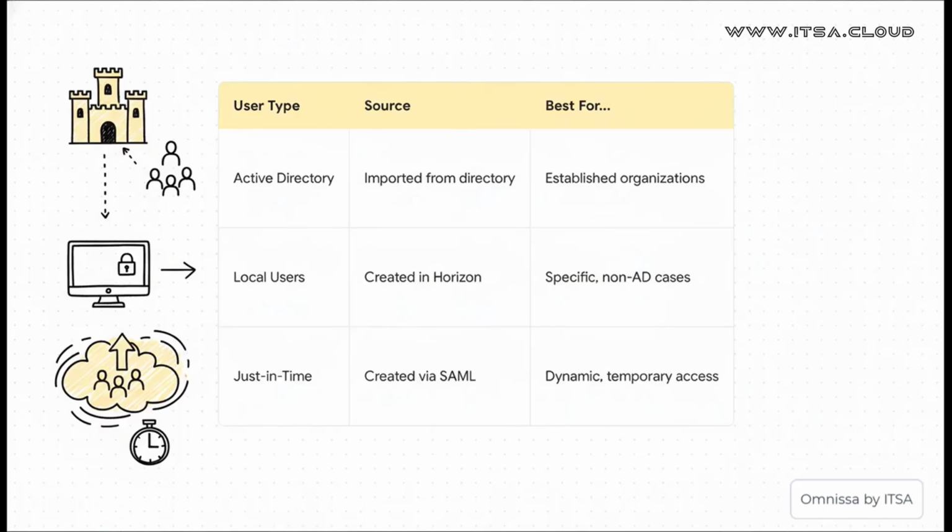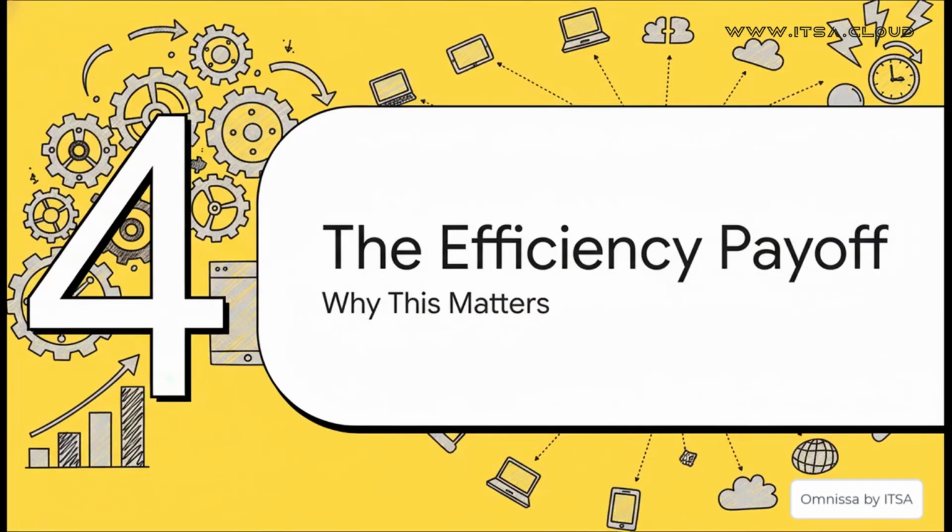All right, so we've been deep in the weeds with keys and IDs and all that tech stuff. But let's zoom out for a second. Why are we going through all this trouble? The answer is actually pretty simple. It's all about efficiency. This system isn't just about having control. It's about making that control incredibly efficient, especially at a massive scale.